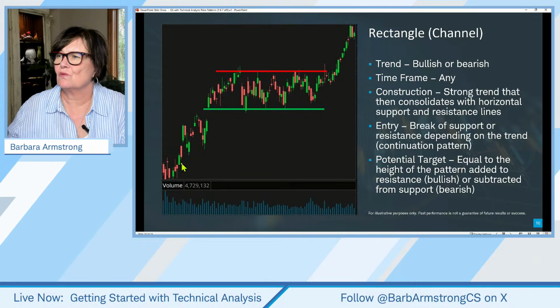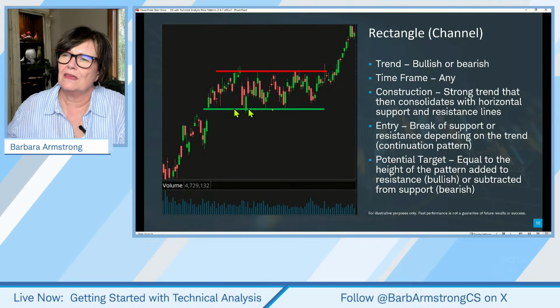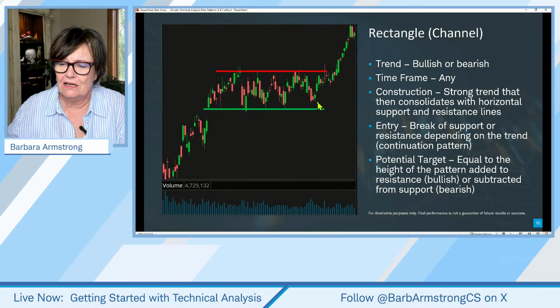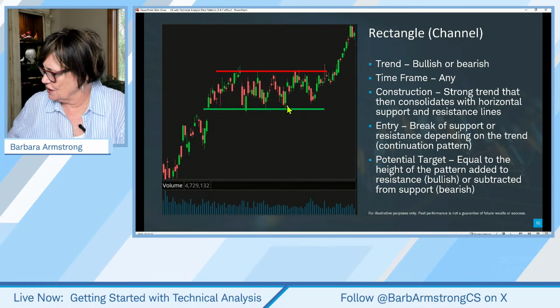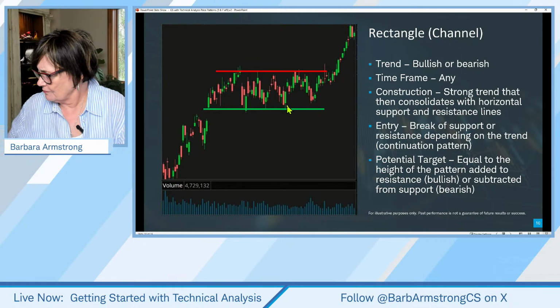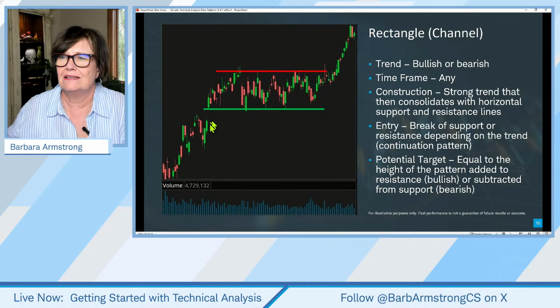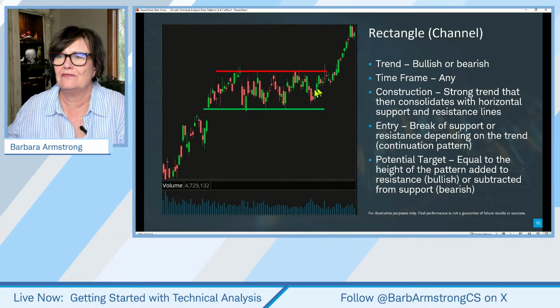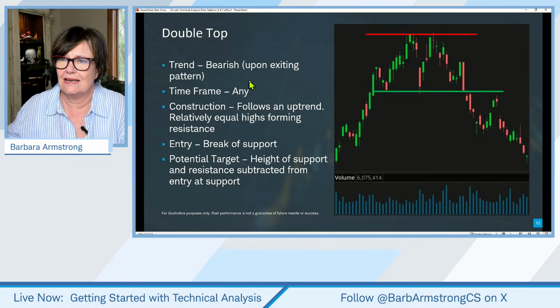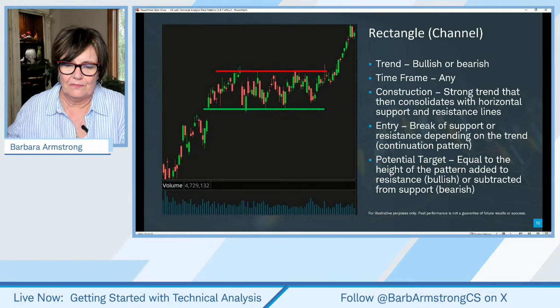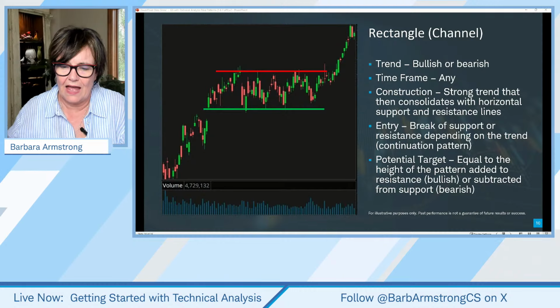So here's our first one, a rectangle, and what characterizes a sideways pattern. And we talked about Dollar Tree. Actually, I could bring up that chart, because for about 6 or 8 months, Dollar Tree went a whole lot of nowhere. Now, the difference between this example and the Dollar Tree example is that it had had a great fall. And then it ended up being a trend reversal pattern.